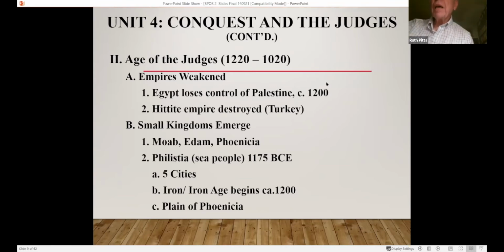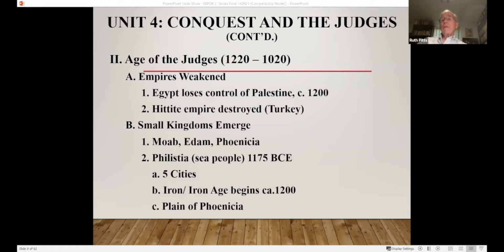And they came in just a few years after the Israelites were settled. The Philistines were organized around 5 cities. They understood how to use iron, and this gave them a military advantage. And this is where we begin the Iron Age. It was bronze before this, and now these weapons will be made with iron beginning about 1200.